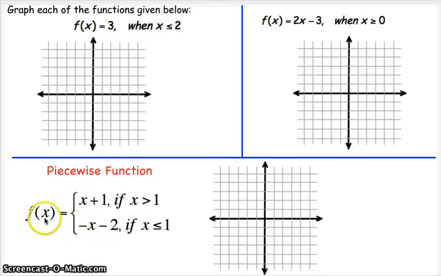look like. f of x is equal to x plus 1 if x is greater than 1, but f of x will be equal to negative x minus 2 if x is less than or equal to 1. So it looks similar to what a normal function would look like, only it almost looks like there's two functions going on. It will still be a function though, because our final graph will still pass